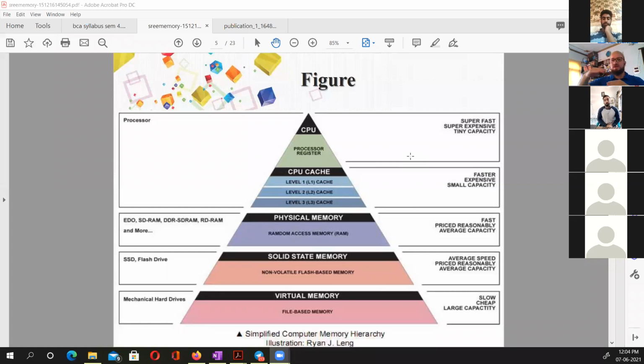So we are saying that in a hierarchy, that's what is called a hierarchy, because we have something on the top, then something at the bottom, then something further below. This is what is called a hierarchy. Okay, so on the top,